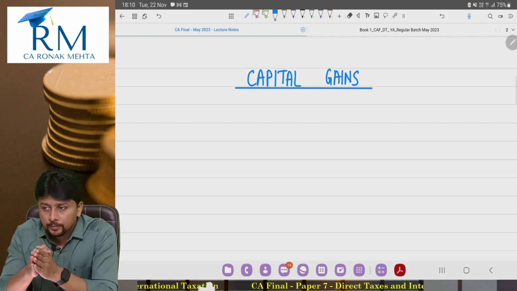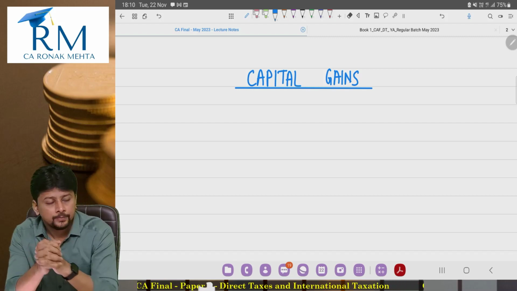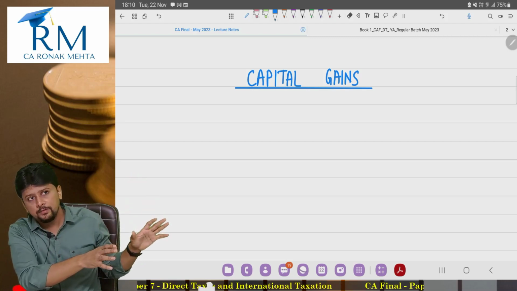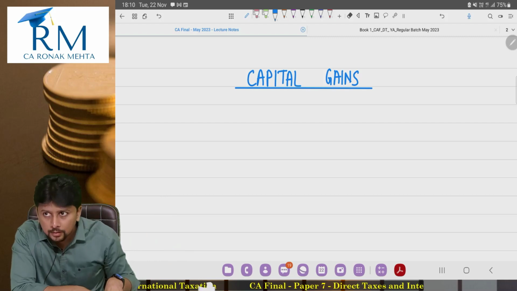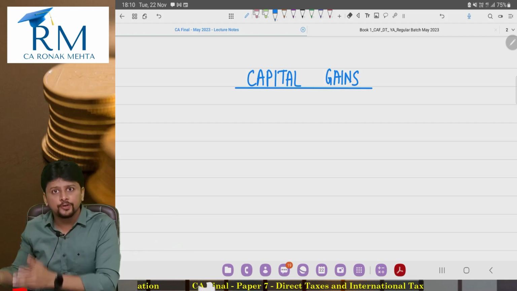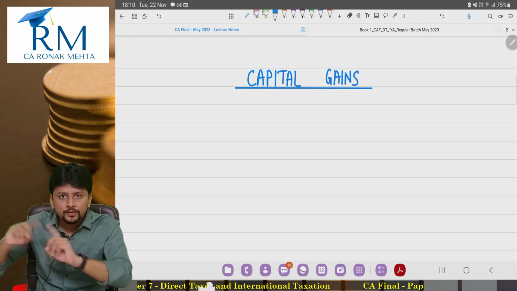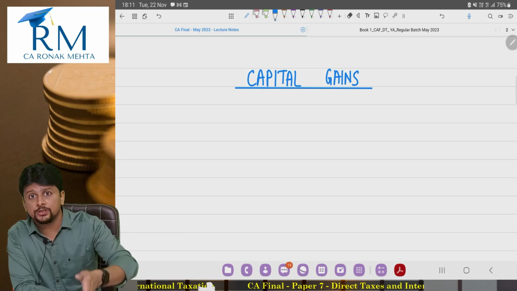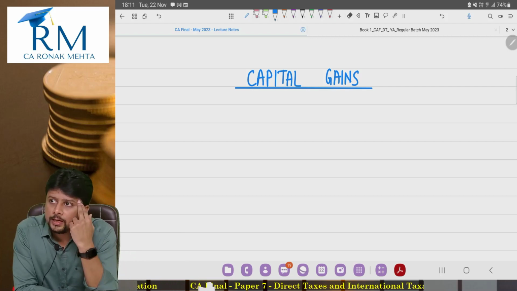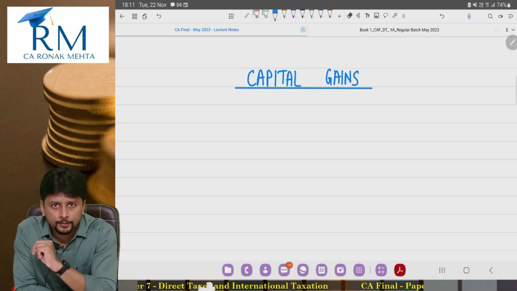And therefore, from a study perspective, what I always recommend to the students is, see, PGBP, when you solve questions, you need to know capital gains and IFRS as well. So one thing you do, might as well study them first. First study capital gains and IFRS and their connectivity with each other, and then go to PGBP. So that when you're solving questions of PGBP, you don't have to worry about whether I know this adjustment about capital gain or not. No, because you've already studied it.